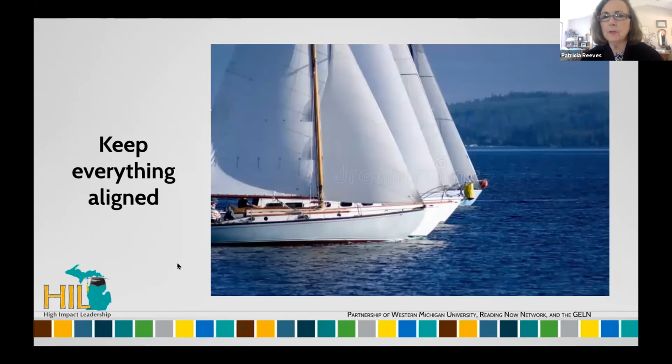Another aspect of organizational learning is understanding how everything that you're doing fits together in one aligned effort. In schools, it is so easy to get burdened down with way too many change initiatives and way too many distractions. A school that is in a state of organizational learning makes certain that all of the change initiatives are well aligned, that we see and deliberately make a connection between the work we're doing on literacy, the work we're doing on student well-being, the work we're doing to address remote learning and make sure remote learning works for all students. All of that work can be very fragmented, and if it's fragmented, you end up having a situation where